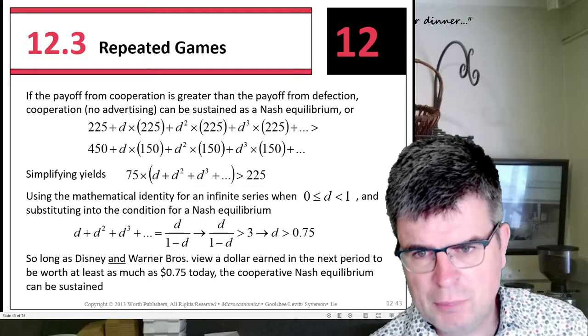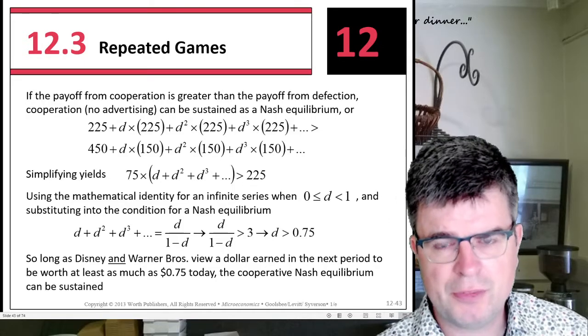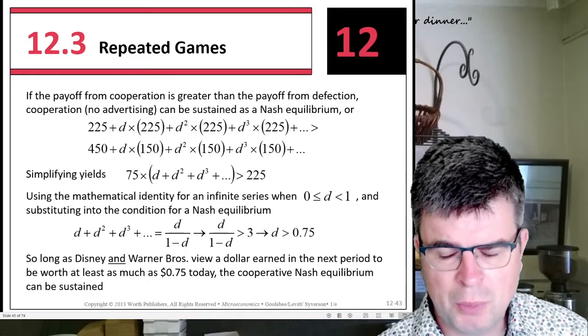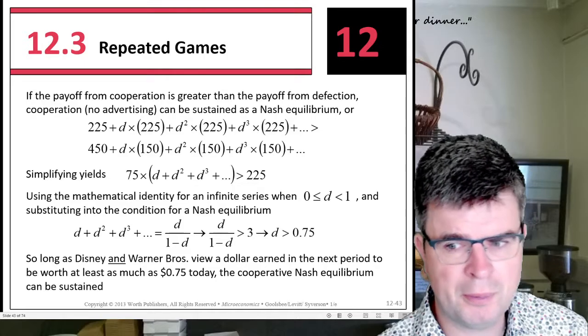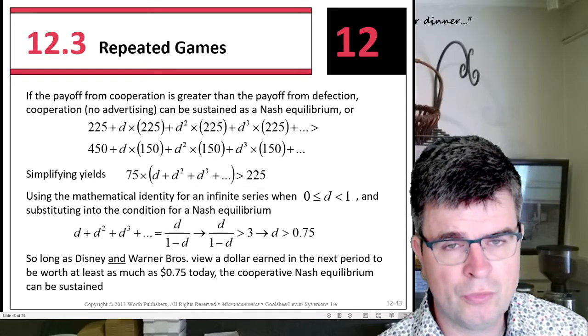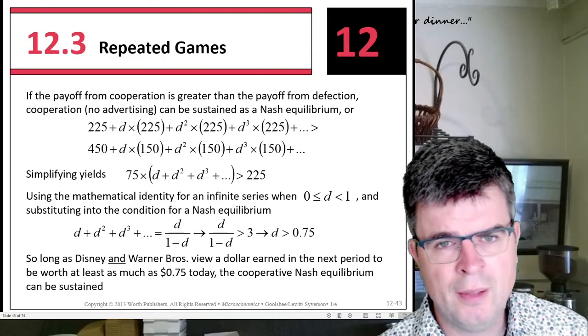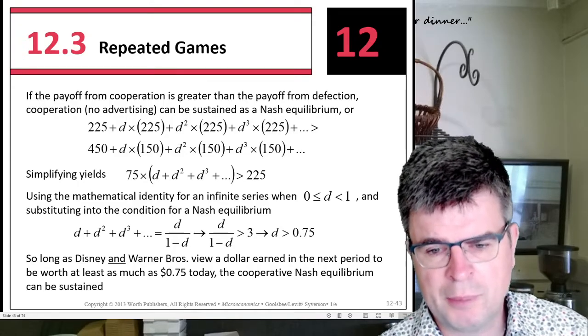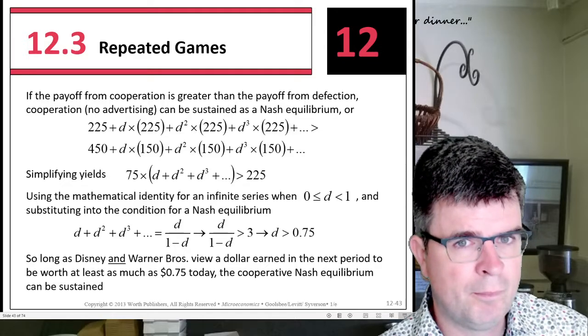So, and the same holds for Disney, because this is a situation with very symmetric payoffs. So as long as both Disney and Warner Brothers view a dollar earned in the next period to be worth at least 75 dollar cents today, the cooperative Nash equilibrium can be sustained. So to conclude,